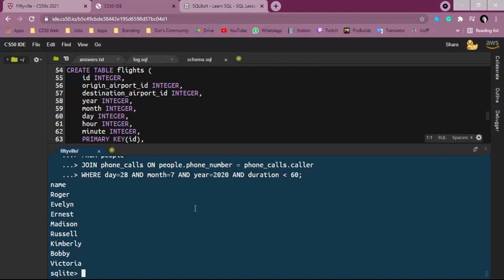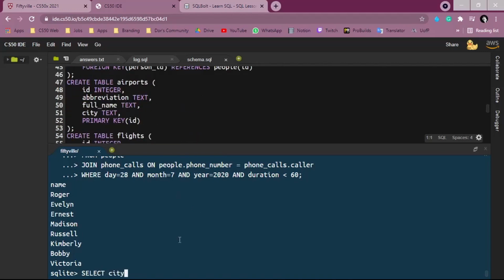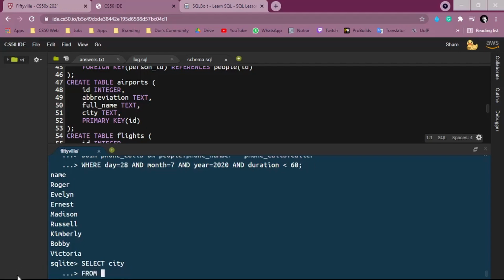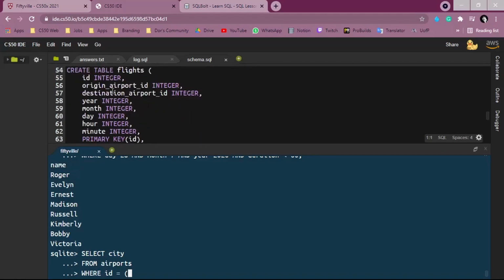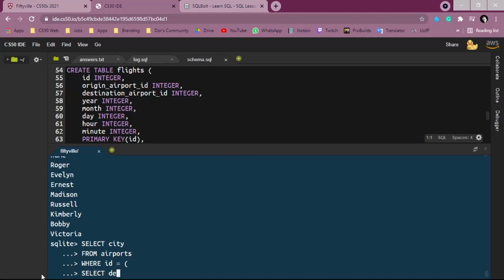So we're going to do what? We're going to select city. And why city? Because we want to select city from airports, okay. So select city from airports where... And here we're going to do the join. So ID is equal to. It's a different way of doing a join, okay. We're saying that this ID that we have here in airports is the same as this destination airport ID that we're going to get. Okay, so where ID is equal to select destination airport ID